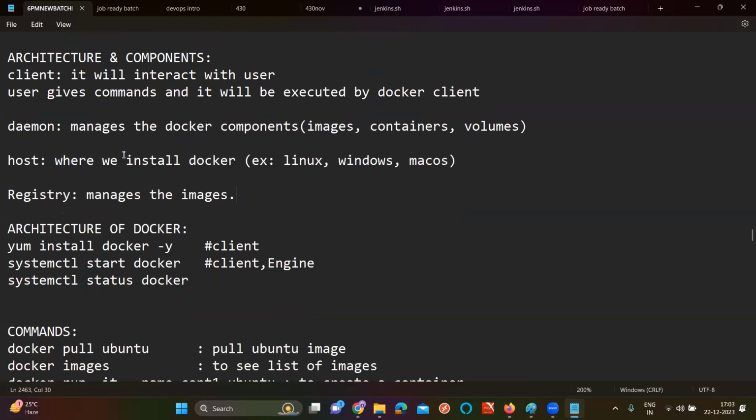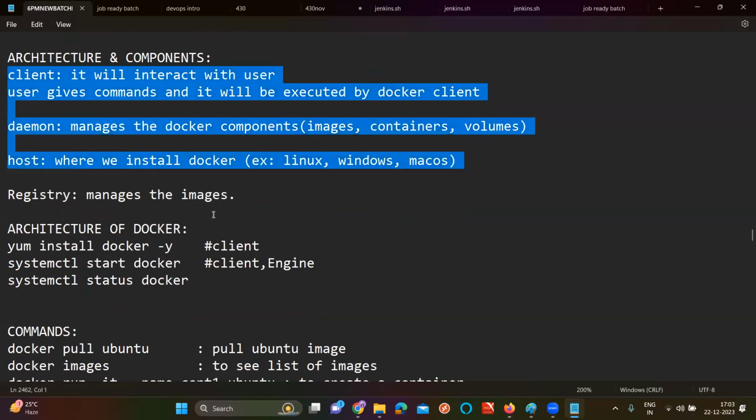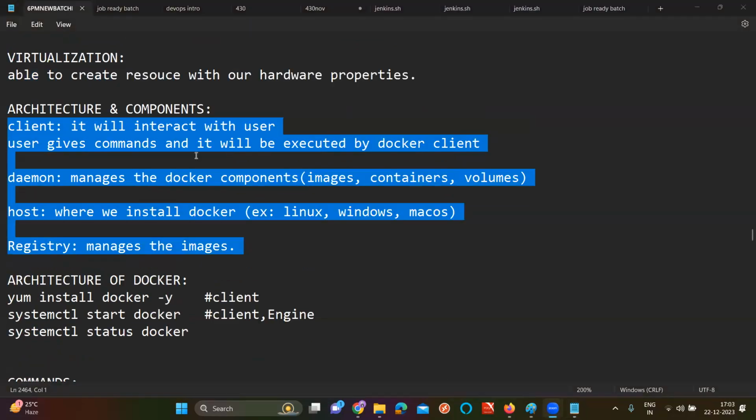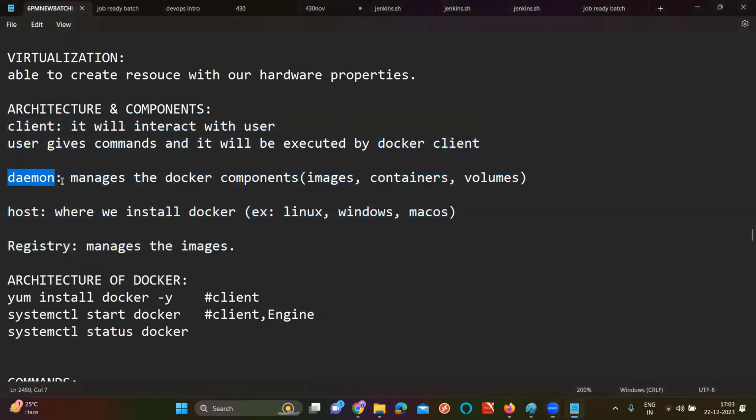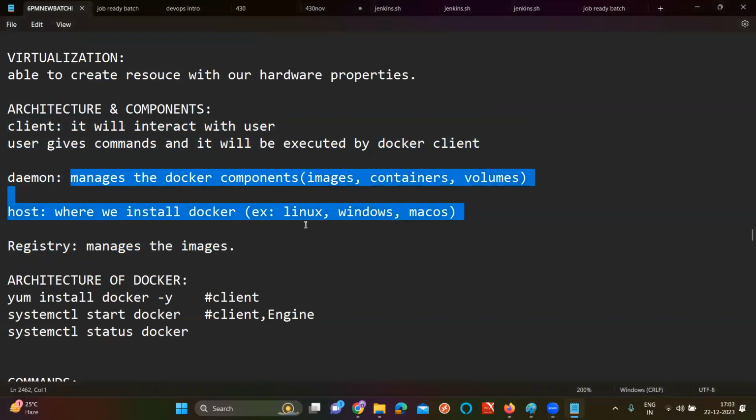Fine. So again, one more time. How many components in Docker architecture? 4. Client, daemon, host, registry. Client is going to interact with the user. It will take input, execute, and give you the output. Second one, daemon. Daemon manages the Docker components. And third one, host. Host means where we install Docker. And final one, registry. Registry means it is going to manage all the Docker